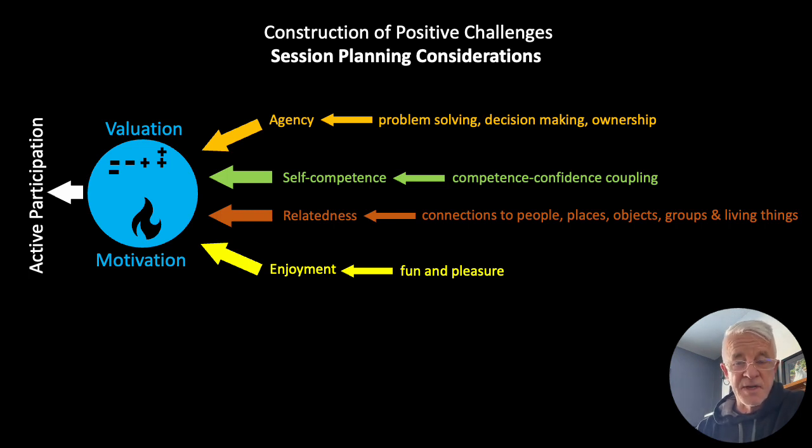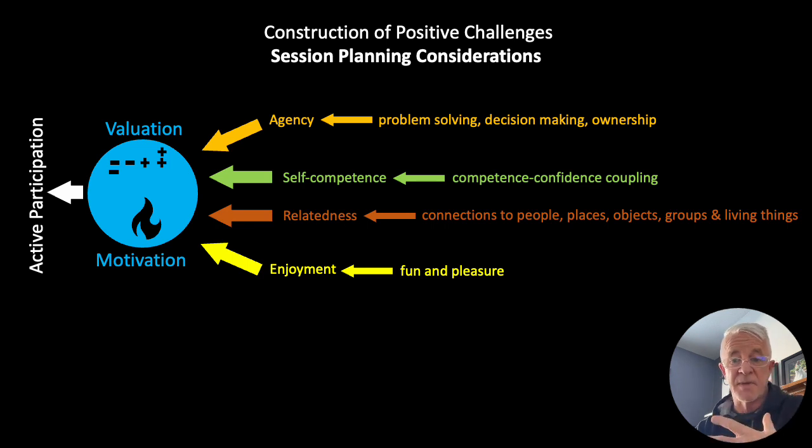So I'm not going to go too deep into it, but what I want you to see here is this is the same diagram that I just showed you, but in a more linear way. If our goal is to create active participants in society through children, in school, around school, in community, at home, wherever you are, our job is to create agents that are self-competent, that have relatedness, and have enjoyment. So when we're trying to drive positive valuations about movement and drive motivation to become active participants,